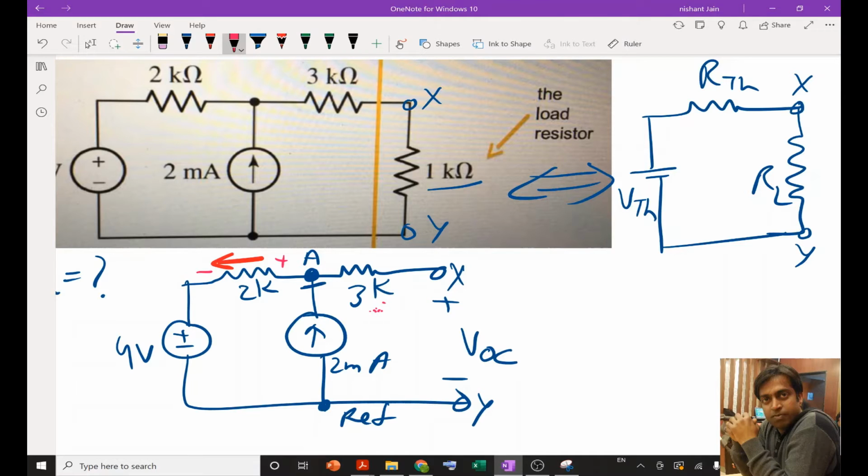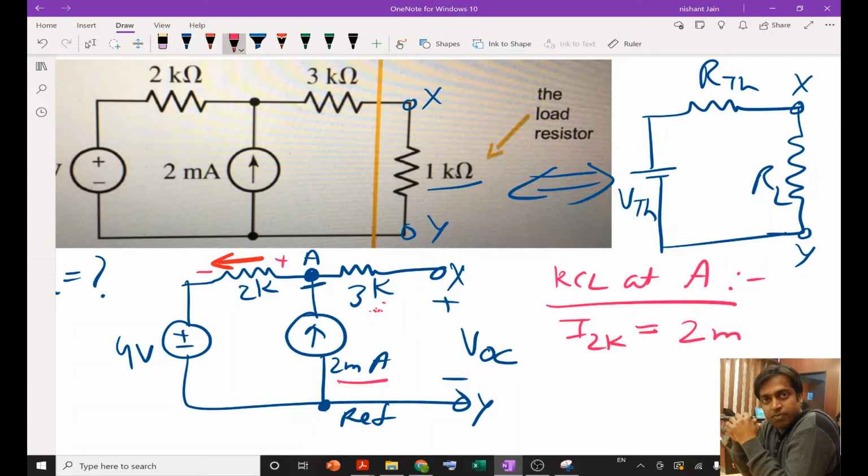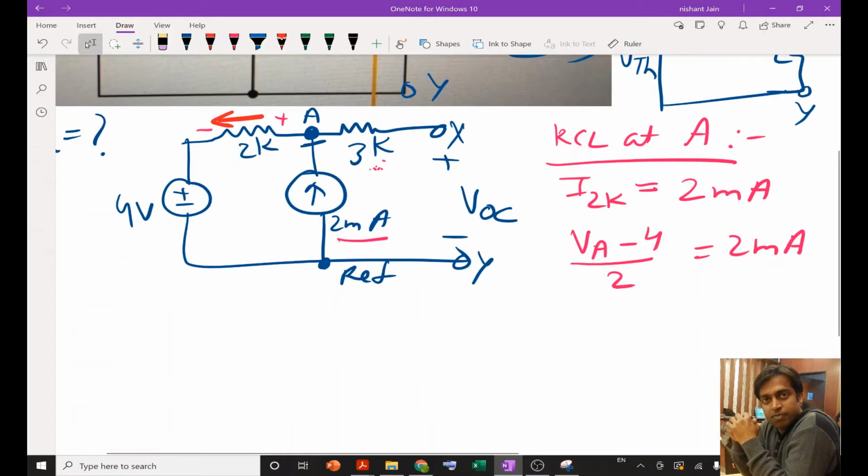Applying KCL at node A, the current through this 2K ohm resistor will be equal to the current source, 2 milliampere. So the current through the 2K is (VA minus 4) upon 2 equals 2 milliampere. Solving for VA,